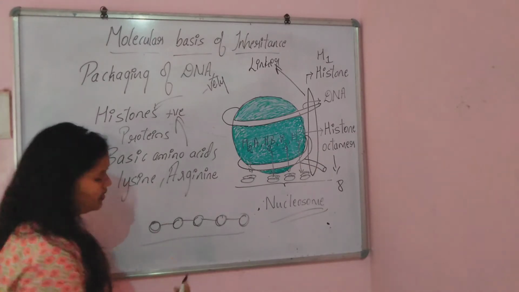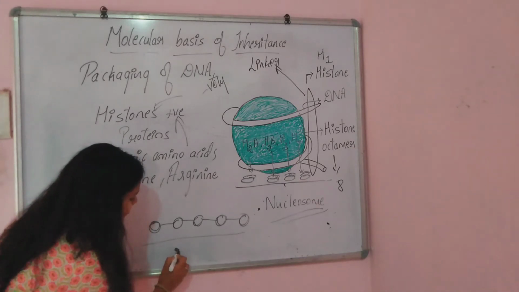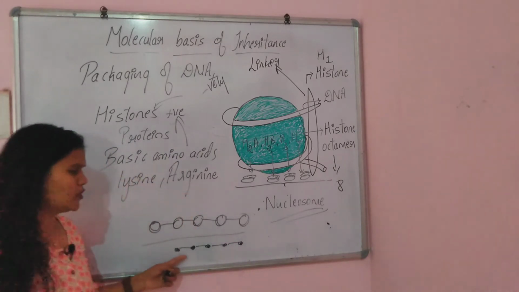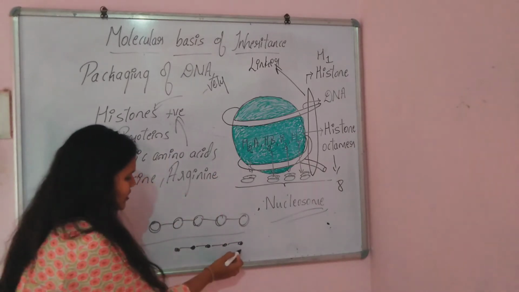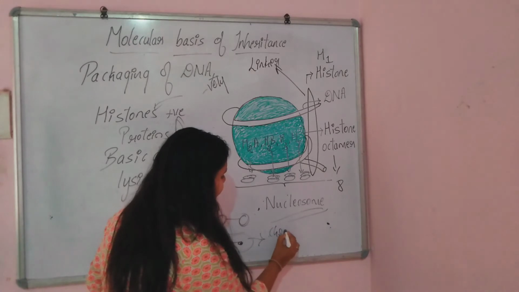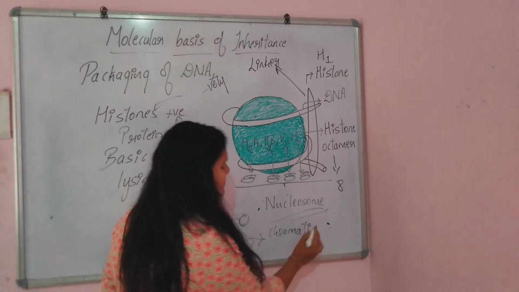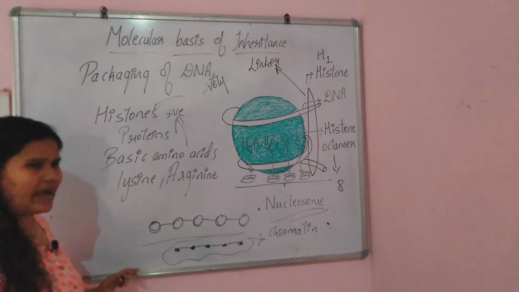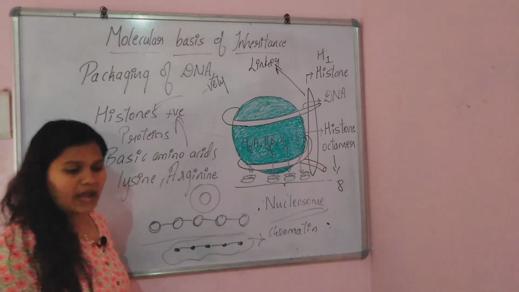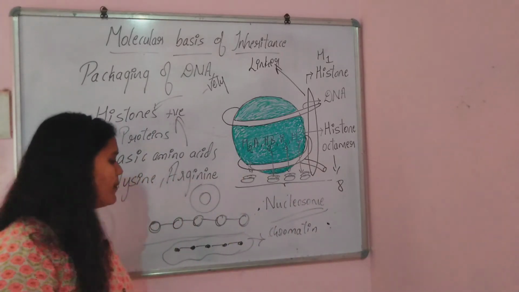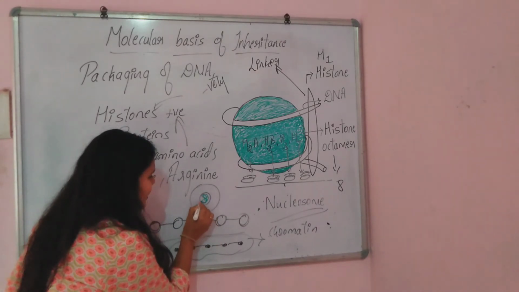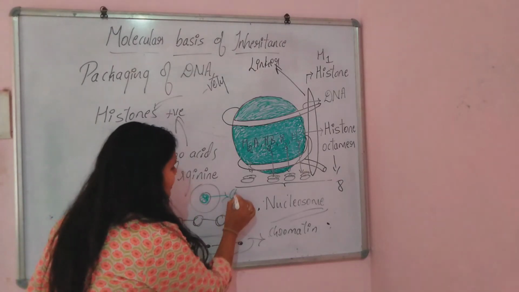As I drew it bigger, actually in a microscope, that will be very small. It looks like this. Okay? These nucleosomes are connected by that H1 linker. So this structure is called as the chromatin. So what is it called? Chromatin. So in your lower classes, you have studied that if this is the cell and here the nucleus will be present, and inside the nucleus, when you label the parts of the nucleus, there you will find thread-like structures like this, right? Okay? And we call them the chromatin.